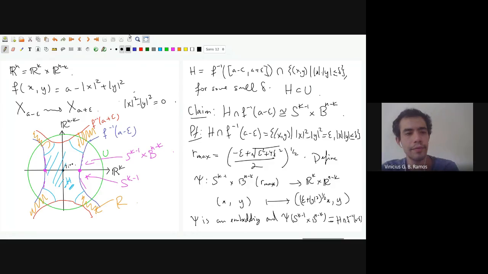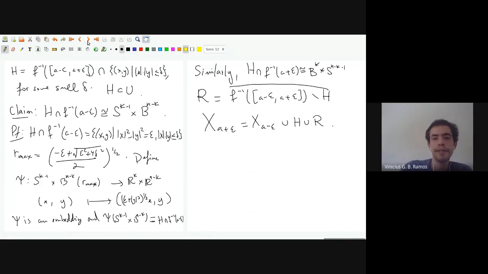Okay. So now, the next thing I want to say is that this R is basically trivial in a sense. So this R is basically a product. And why is that? Well, it's not crazy to think that the next thing I'm going to do is look at outside of H. I can look at the flow of a gradient-like vector field. So this is kind of light, but I can consider a gradient-like vector field, V. And for example, you can just take the gradient of F over the norm of the gradient of F,